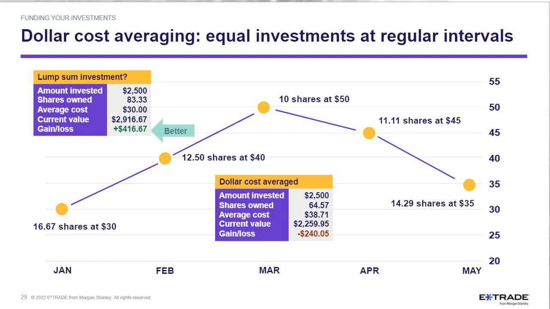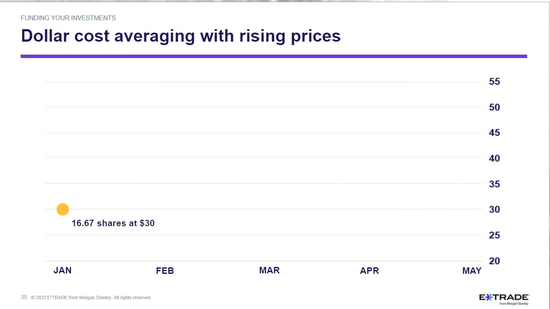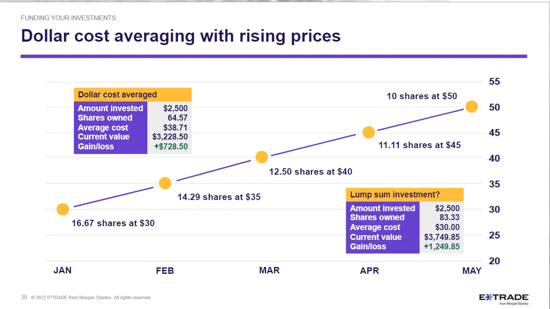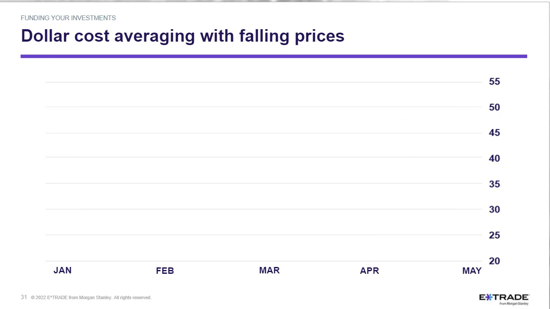What about rising prices? Well, let's start at the same price, and now just imagine that the fund rose the entire time. Well, you're probably ahead of me here. In this case, the lump sum investor is going to win because he put all of his money in at that low price of $30, and it's now 50. The dollar cost average investor is still up, but the average is now more in the middle of that. You know, the average price is $38.71. The stock is 50. So even though dollar cost averaging still produces a profit in this scenario, the lump sum investor wins.